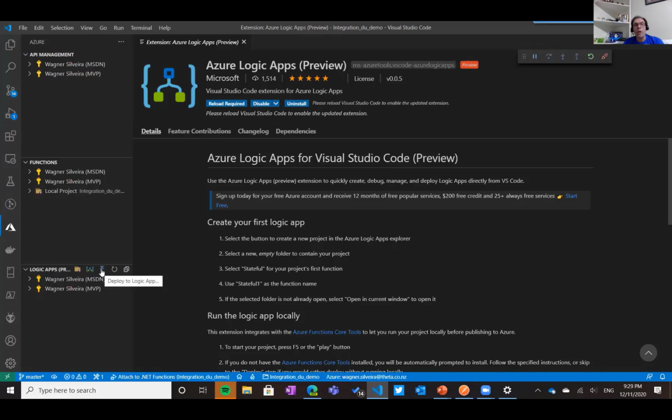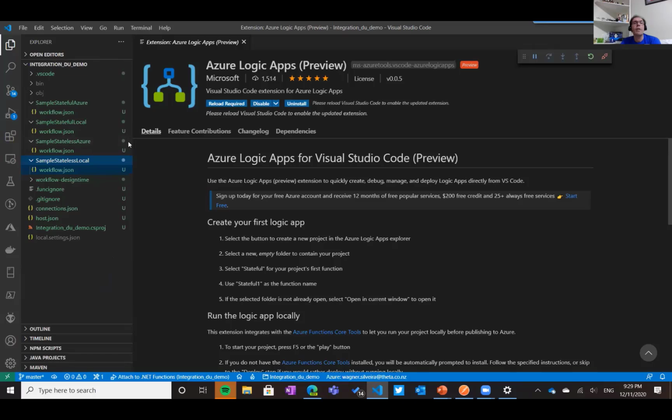And you can deploy to a logic app in a workflow. I'm going to be calling that workflow app, but in the portal, you're going to find it as a logic app preview component in Azure. We're going to take a look at that later as well. So now that we understand how you can run that, and before you try to create something too crazy, let's take a look